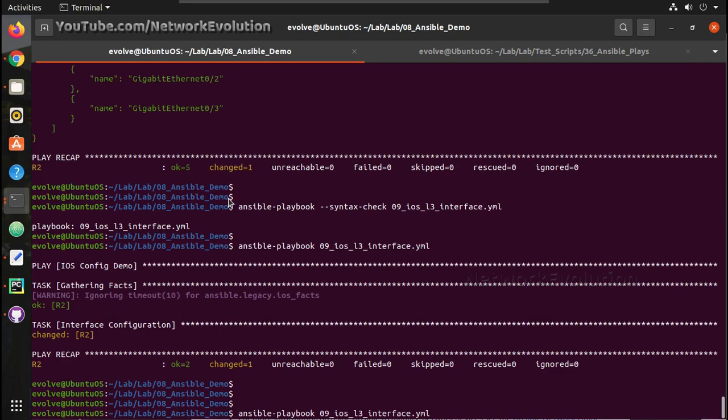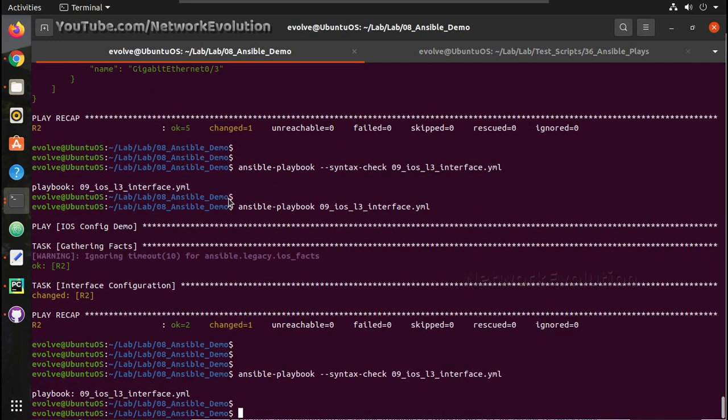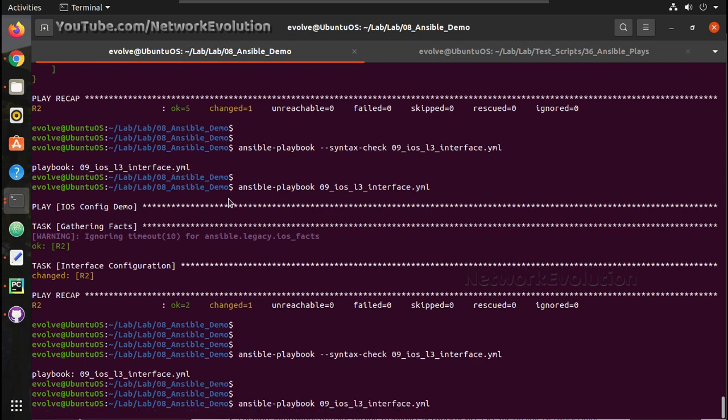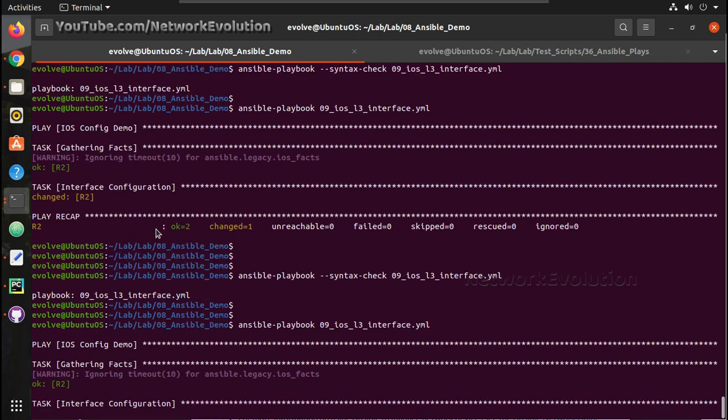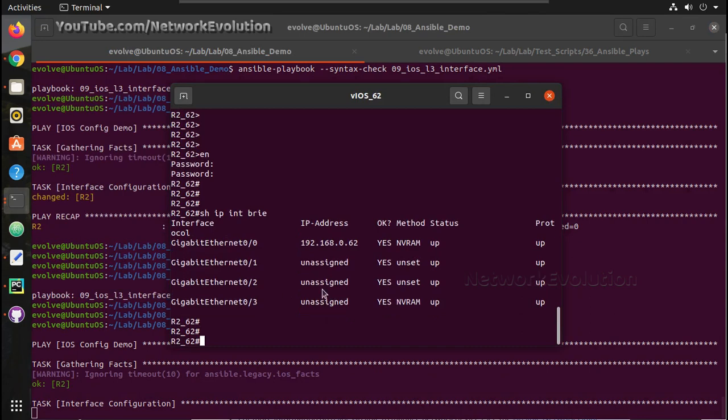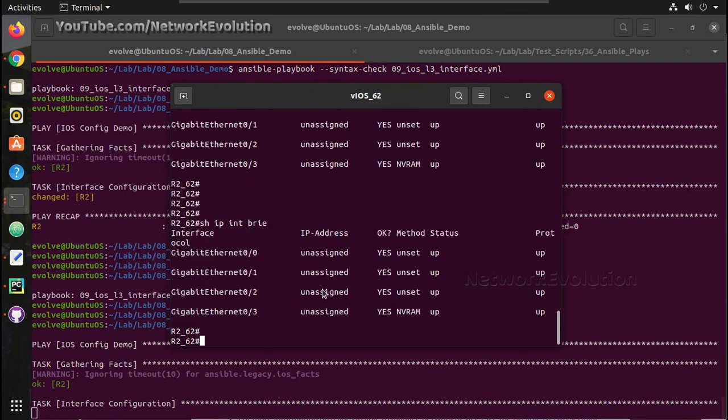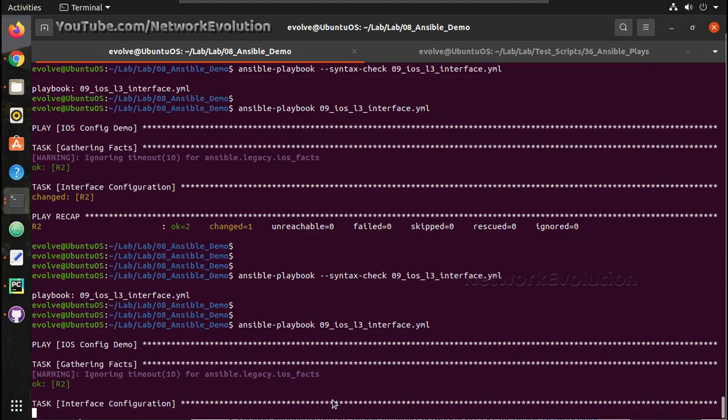So let us just try running it. You can see here this has deleted the primary interface configuration itself and it is not able to push other configurations to the device.